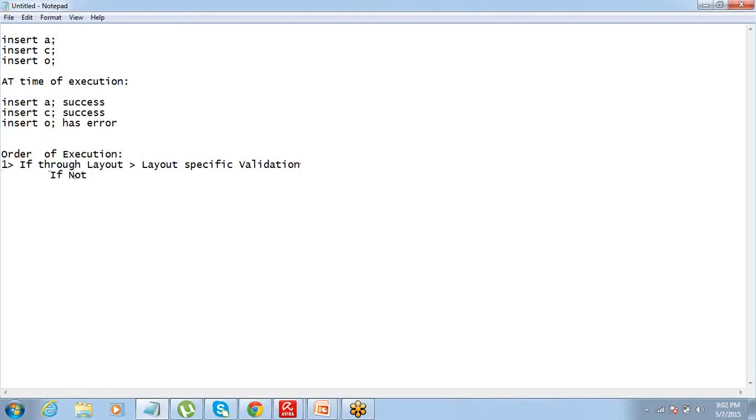If not, no validation, so this step is not there. Then before triggers, then system validation, then user-defined validation, our validation rules.